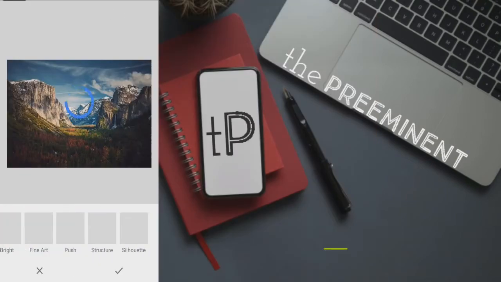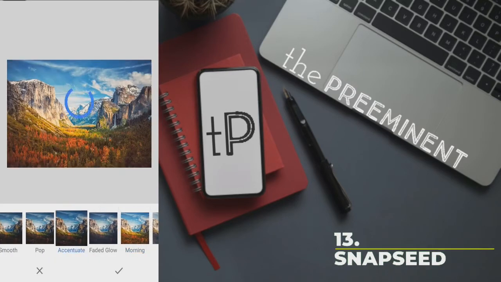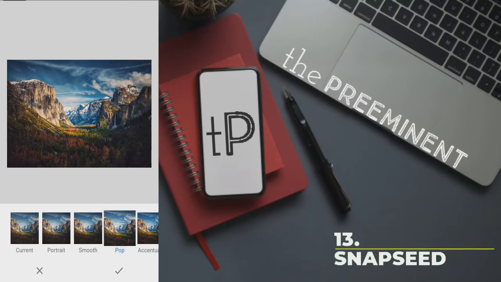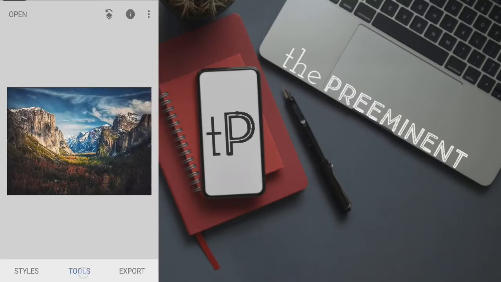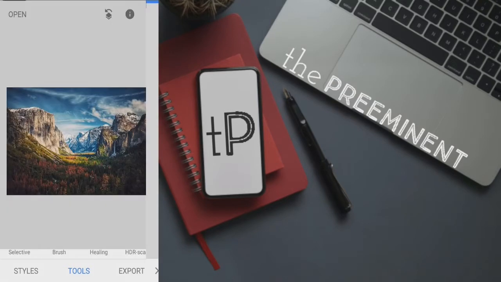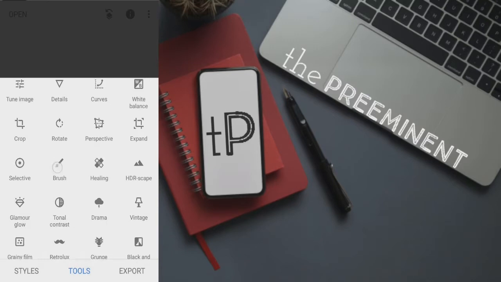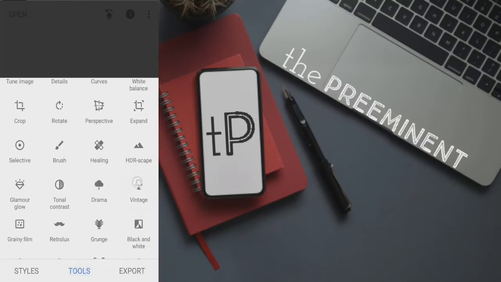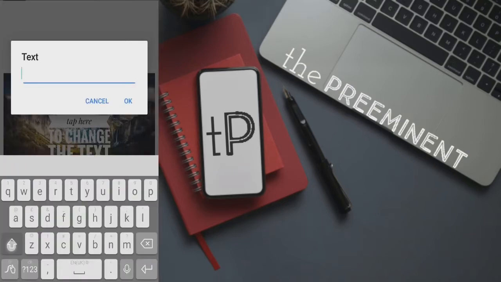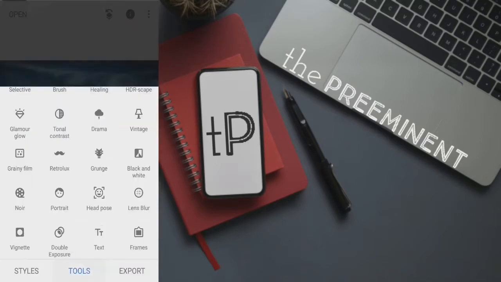Snapseed is definitely among the best photo editor apps. Google bought this a few years ago. The app has grown into quite a powerful photo editor in this space. It supports raw photos which will please photographers greatly. You can also tune the image using a variety of sliders and one-touch enhance tools. There are also some filters if you are into that. It's deceptively light and simple for how powerful it is. However, this app also hasn't had an update since 2018, so we are not sure if this is an inactive development anymore.